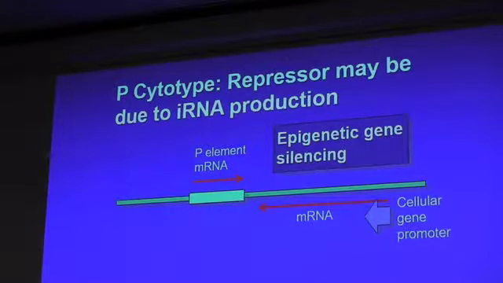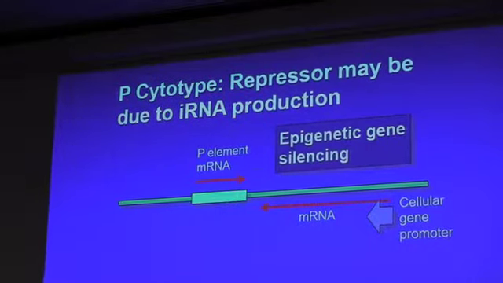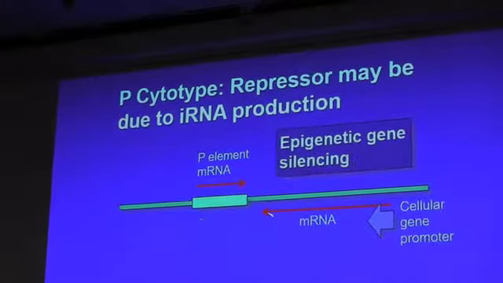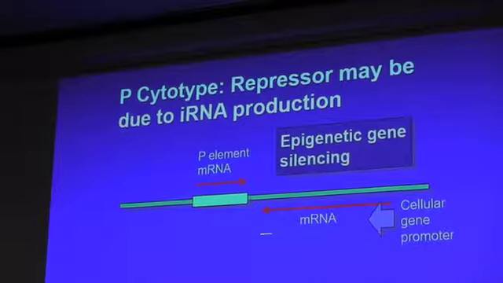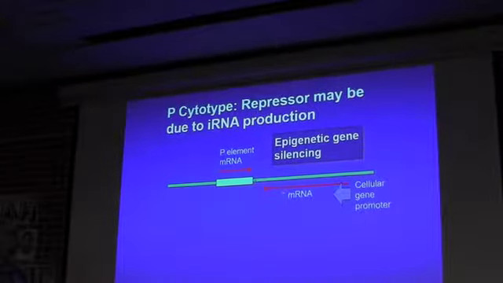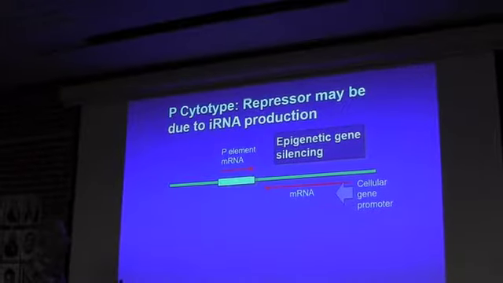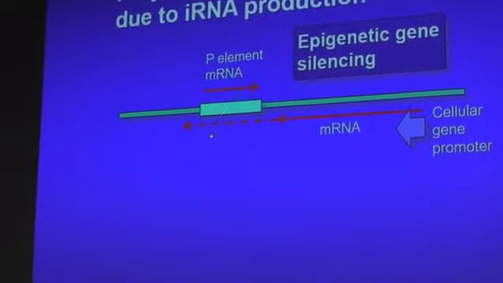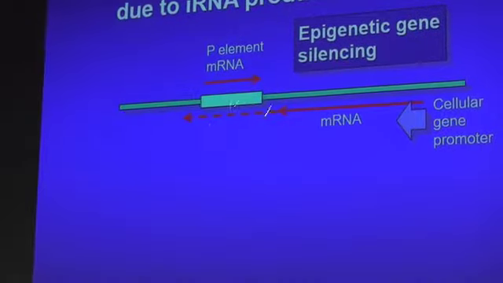So let me correct what I said before. It's when a P element lands downstream from an active host gene, but in the opposite polarity as the host gene. Because RNA transcription doesn't precisely terminate in a eukaryote, it's quite common for it to read on for 1,000 bases or so. When that happens, you get a duplex potential here, and once you get the duplex,